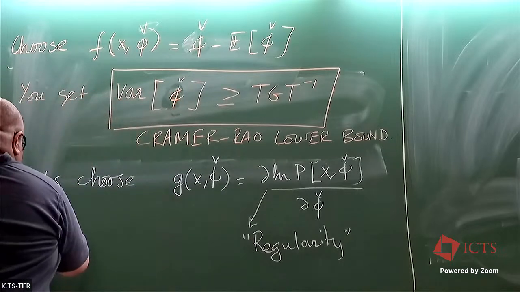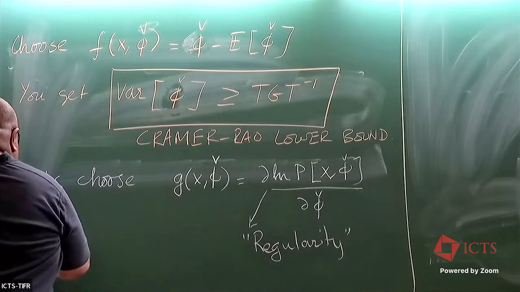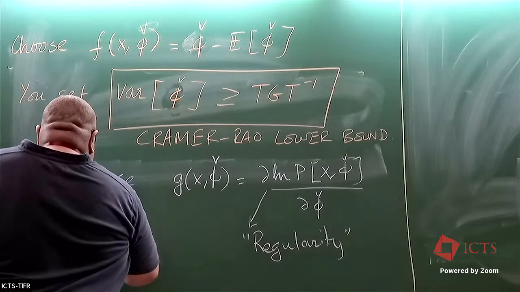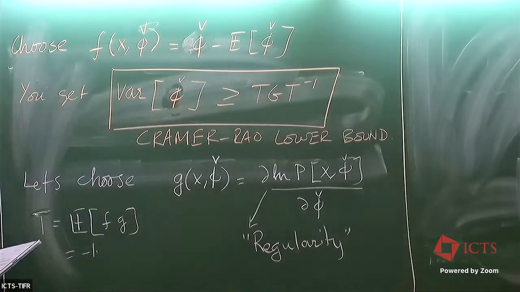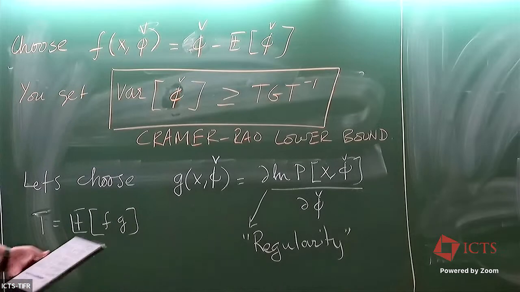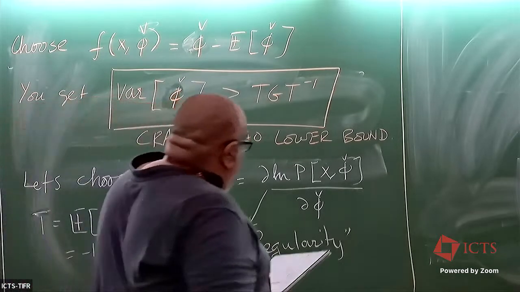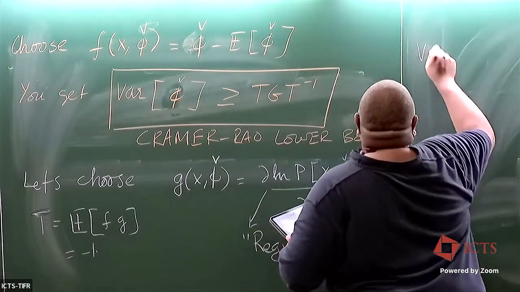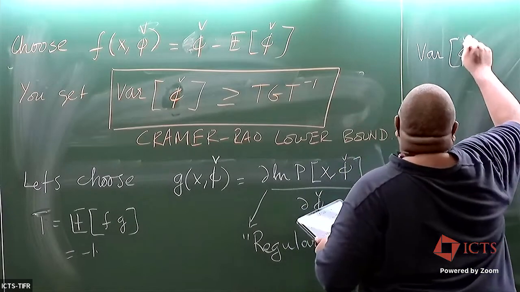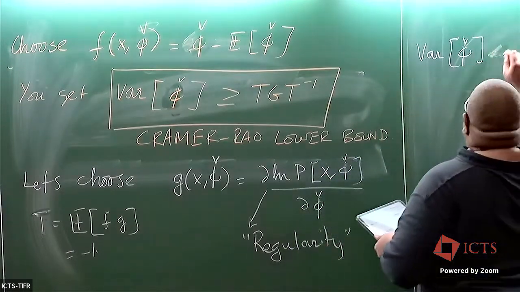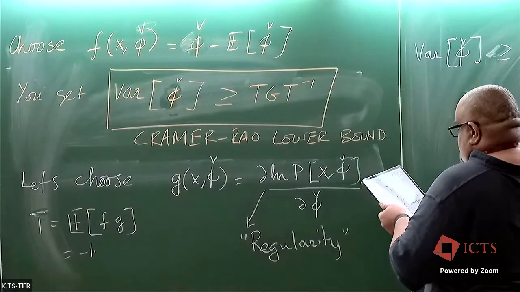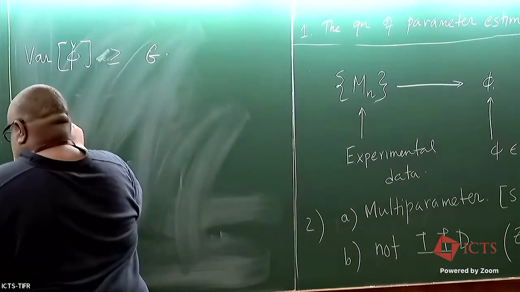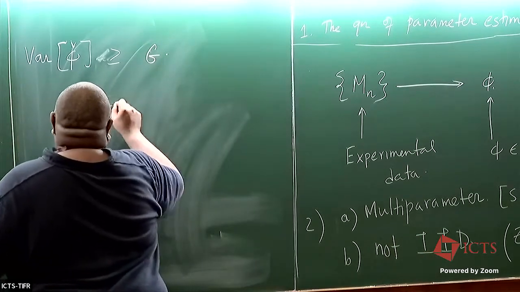With this choice, T, which is the expectation value of F with G, you can evaluate that this is -1. You just need to do an integration by parts of a scalar log probability distribution object. And what happens is that the variance of phi is greater than or equal to G, and this G is basically